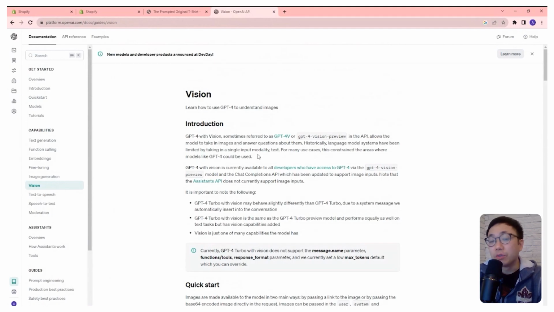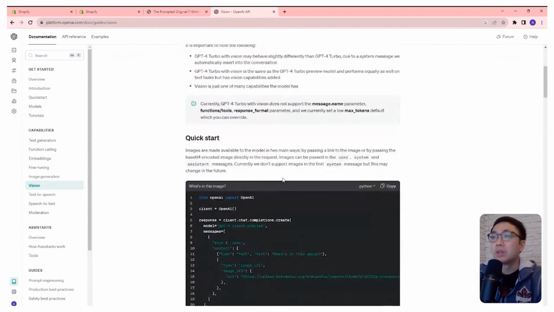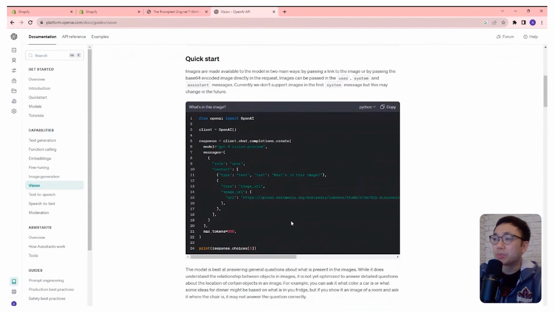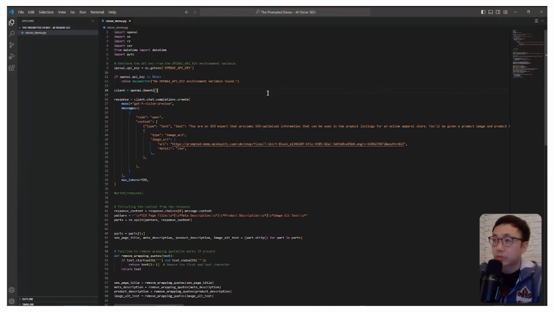Let's take a look. So this is the new vision model that OpenAI released recently. It's the GPT-4 Vision Preview. So it is a preview. There are some limitations like rate limits, but on this page here, you actually have this little snippet which shows you how to use it. And so if we jump into our code, then we can actually modify that little snippet to make it work